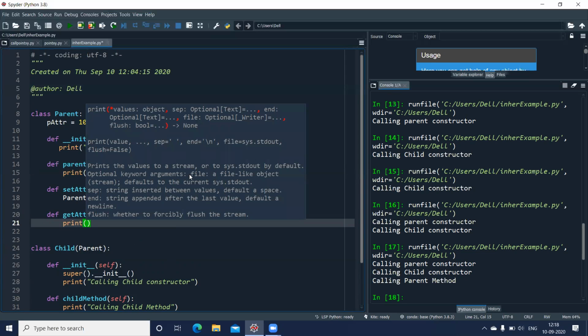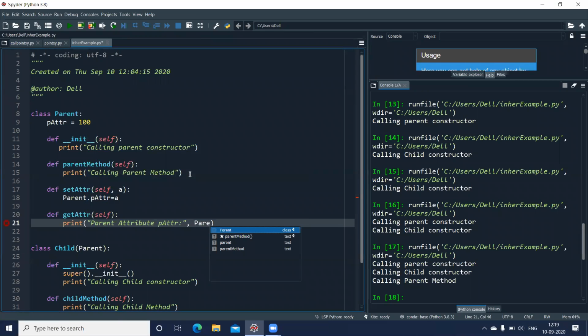I can print the value of the variable, which is the parent variable. So parent attr equal to, and I display the value. So again, to display the value, I need to use the name of the class dot the attribute.